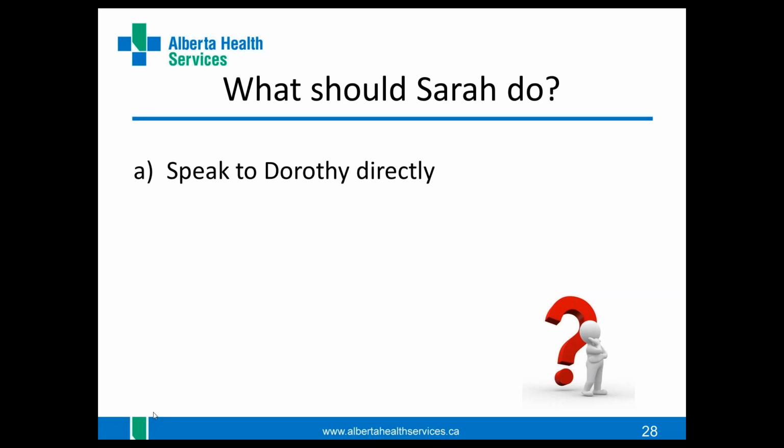Dorothy apologized and stated that she was frustrated with other things that were going on and should not have taken this out on Sarah. She committed to being more respectful in the future, and she thanks Sarah for approaching her about this. So we know that a respectful and proactive approach like the one that Sarah took isn't always this effective. However, even in these cases, it's always better to try to first approach the other person to attempt to